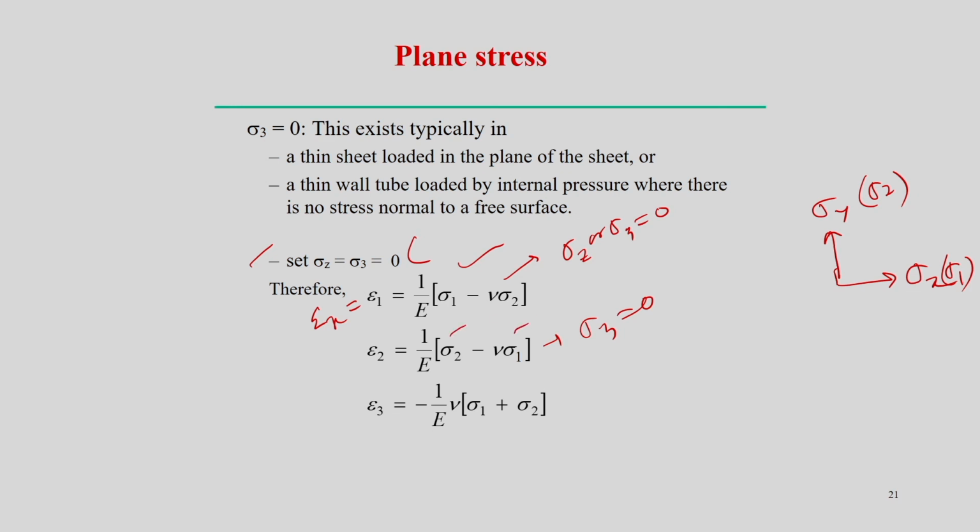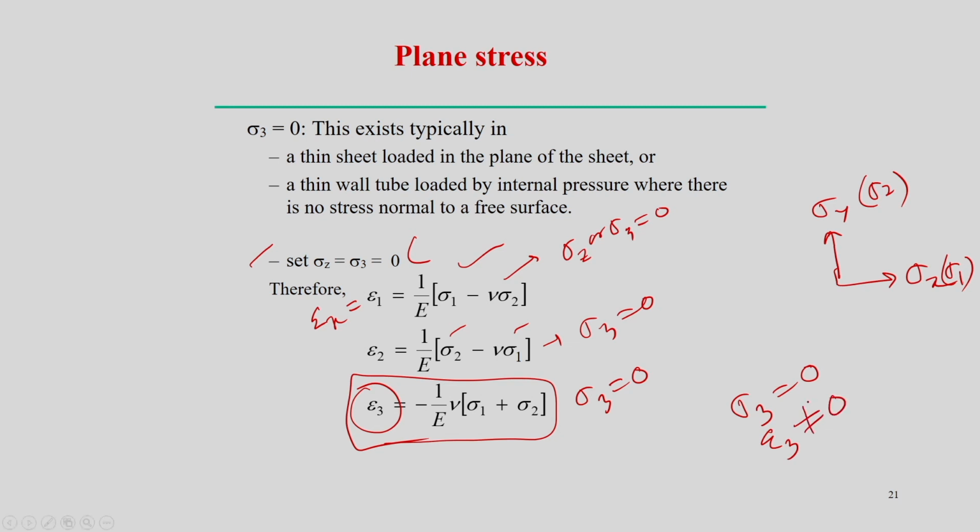And here you can see that epsilon 3 is also there, that means strain. Although sigma 3 equal to 0, that means the normal stress component along the z axis is 0, there may also exist a normal strain component along this particular axis. So, we can see from the expression that for epsilon 3, the strain component along the z direction, if we put sigma 3 equal to 0, then we can get this value. It means that although sigma 3 equals 0, epsilon 3 is not equal to 0,